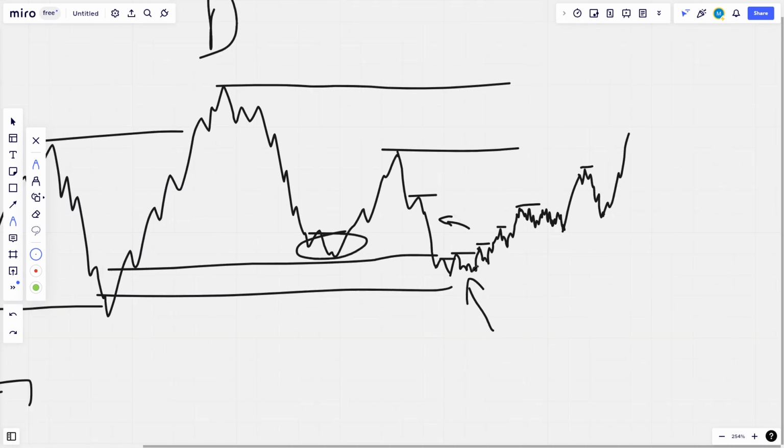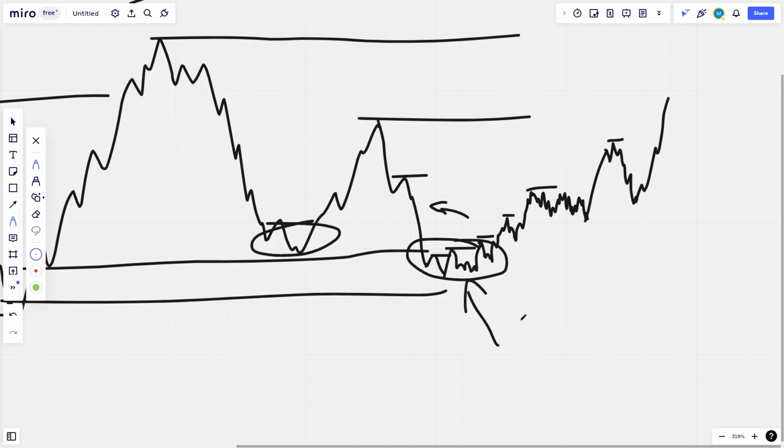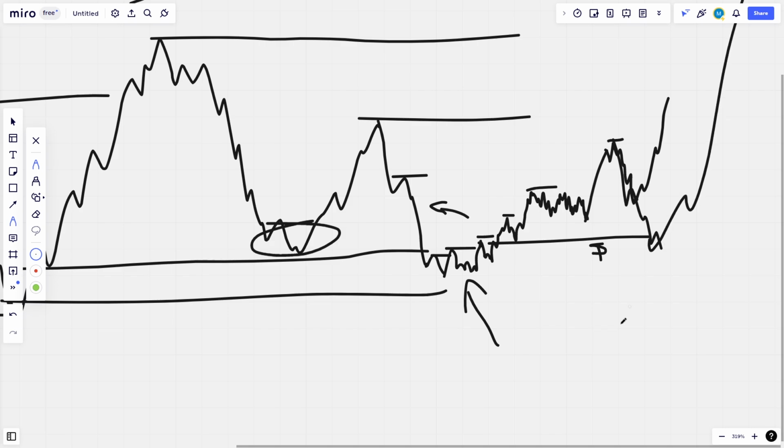So you can have every single confluence you need to buy here, but to allow the market to do all of this bullshit that just goes against you each and every single time that the market retraces, maybe this could have gone even deeper back to something like this, taking liquidity and then moving higher. You have to be able to handle that. How are you able to handle that? How do you learn to handle that?